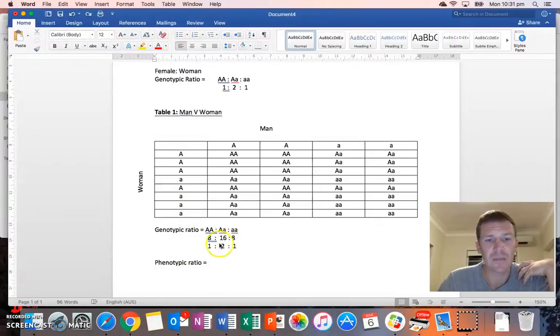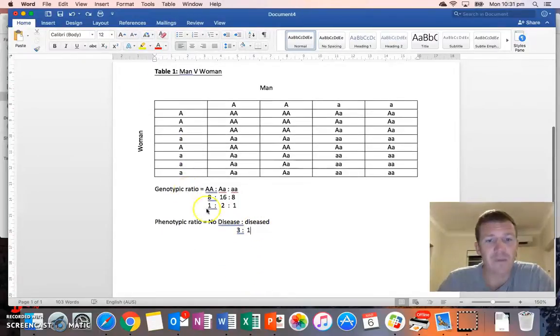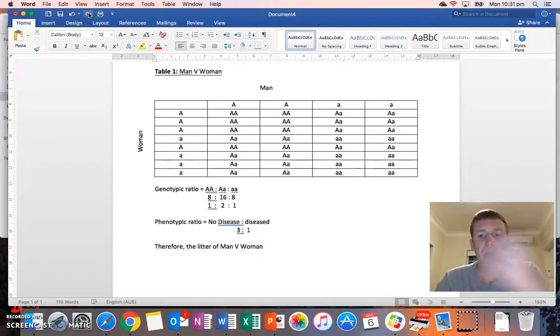I can now look at that and go, well, I know that the disease I'm talking about is recessive. So in order to have the disease, you have to have this one here, which means these two here are going to be disease-free. So if I use the phenotypic ratio of non-diseased to diseased, I'll end up with 3 is to 1. So there's 3 out of 4 chance that these possible offspring are not going to present with a disease. They may be a carrier, but they don't present with it, and a 1 out of 4 that it's diseased. From these, I can then go and work out my percentages,